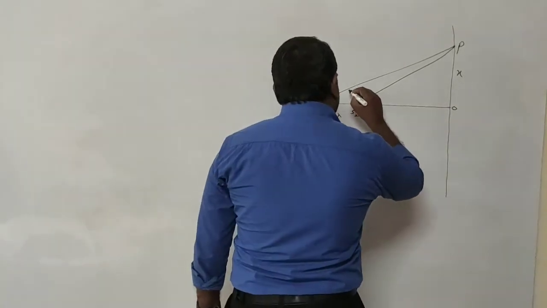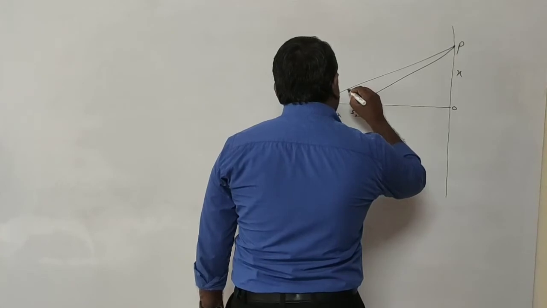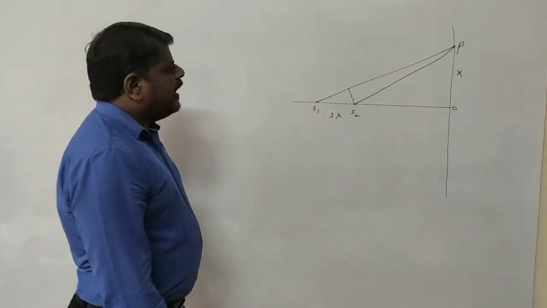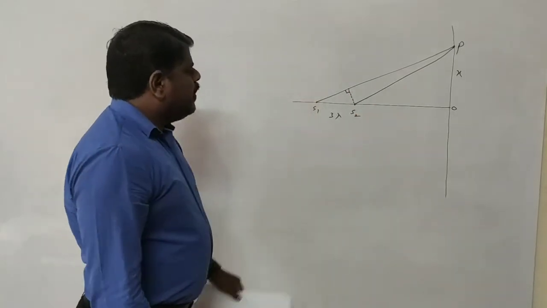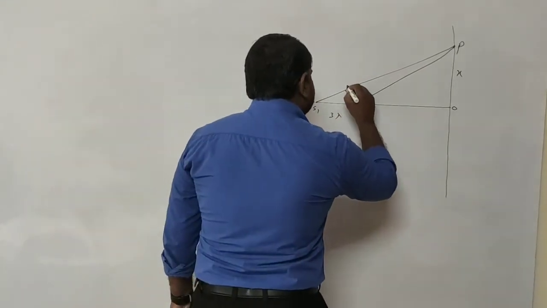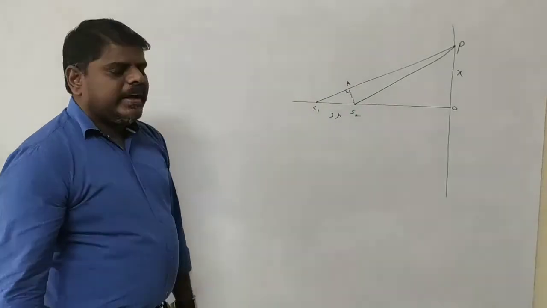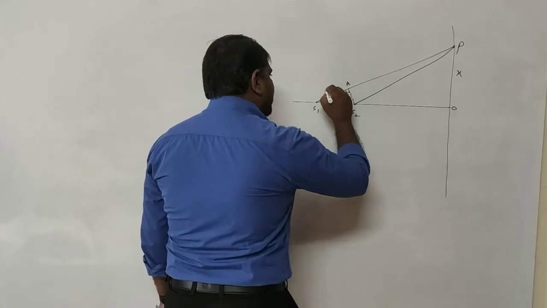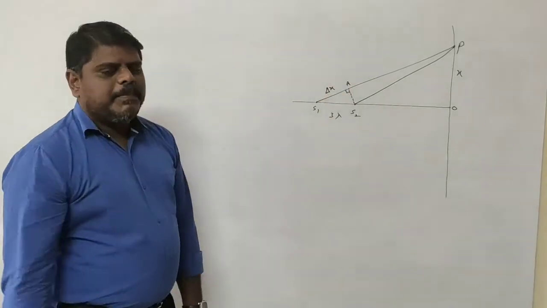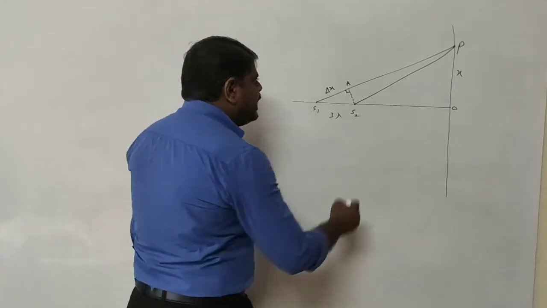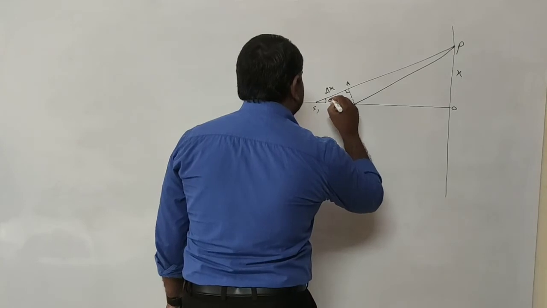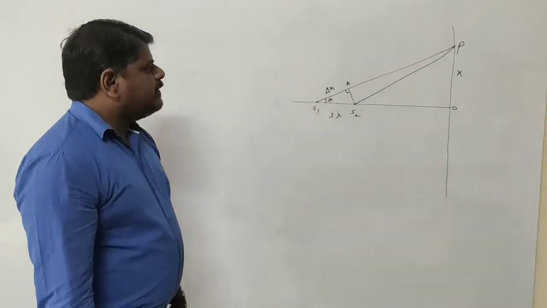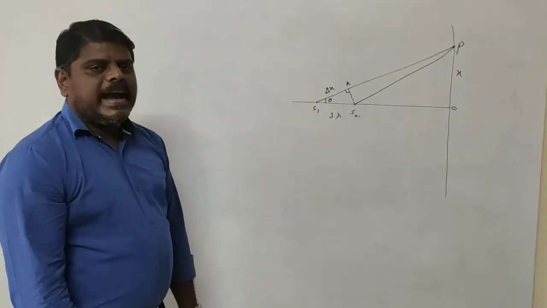If you want to find out the path difference, you need to draw a perpendicular line. This is the perpendicular line you have drawn. What is the angle here? This angle is equal to 90 degrees. S1, S2, let us say this is A. So S1, S2, A, and this S1A represents the path difference delta x. And let us say that here you are going to have the angle theta. This is the diagram you are going to have.